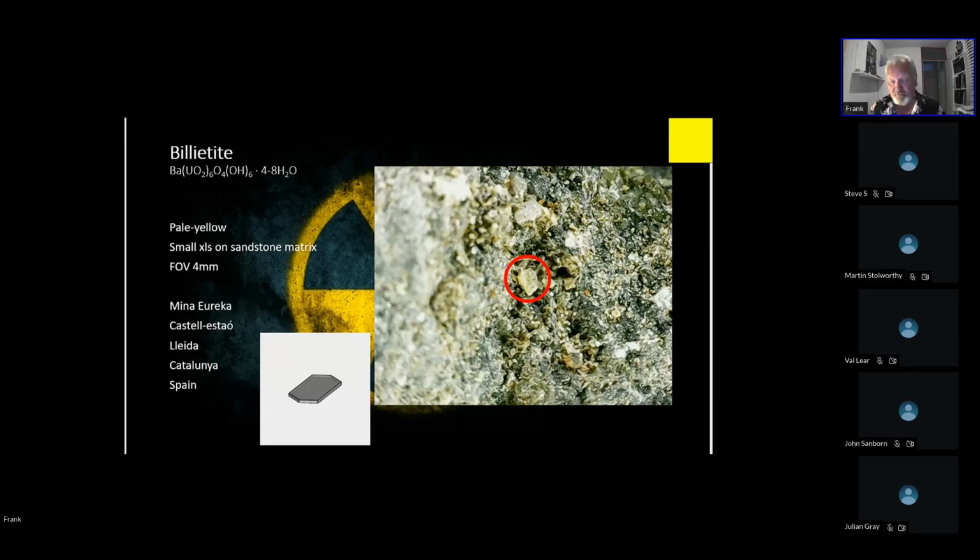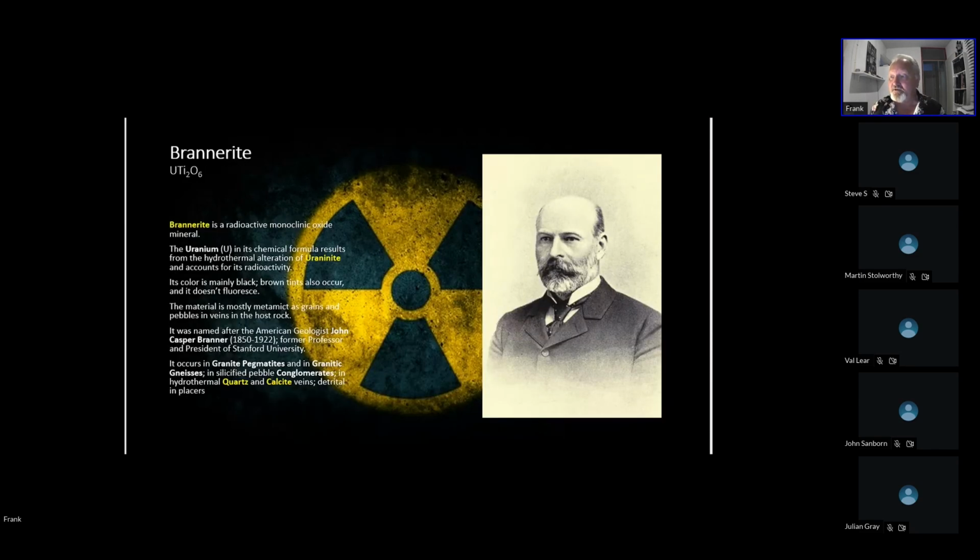Brannerite is a monoclinic radioactive oxide, and it also comes from the hydrothermal alteration of uraninite. The color is mainly black. Brown colors also occur, and it doesn't fluoresce, unfortunately. The material is mostly metamict, so it doesn't show any crystals, as grains and pebbles in veins in the host rock. It was named after the American geologist John Casper Branner, a former professor and president of